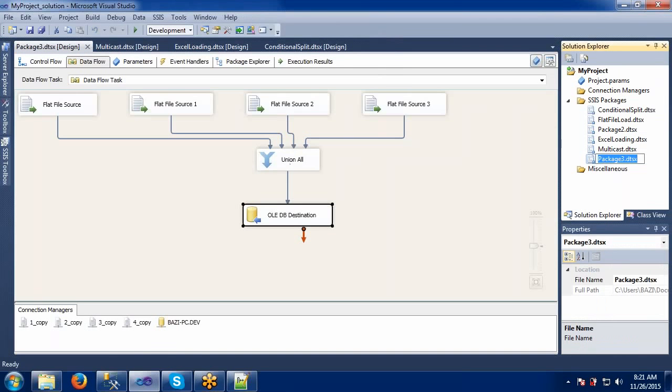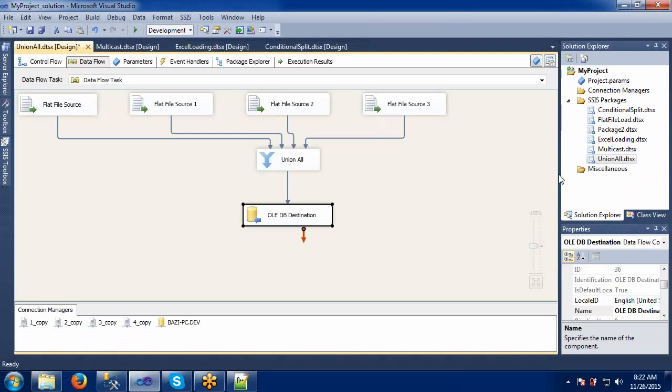Let me rename this. Okay, any doubts in this? Question. Yes. Right now you said that if we use the union all function, all the file sources should have the same columns.